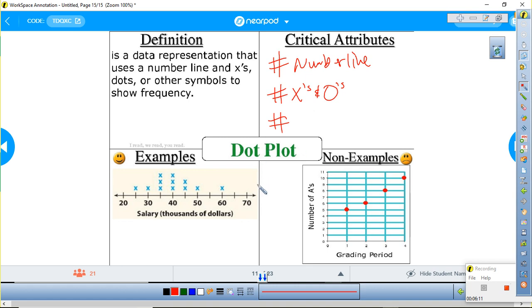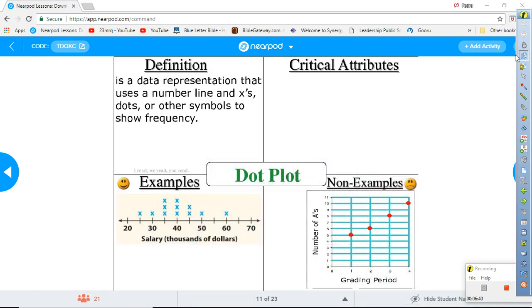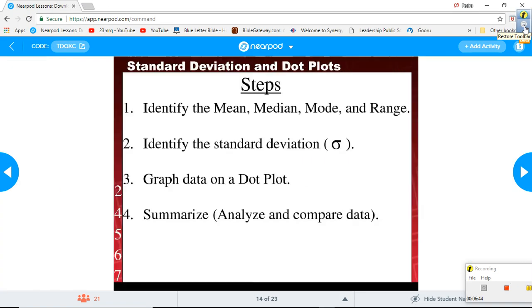Let's see. Nate, go. Plots. Kelsey. Show frequency. And that's pretty good, right? Okay, write that down. So now that we know what dot plots are, and I also gave you steps, notice